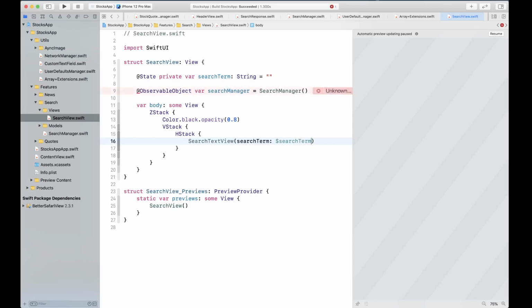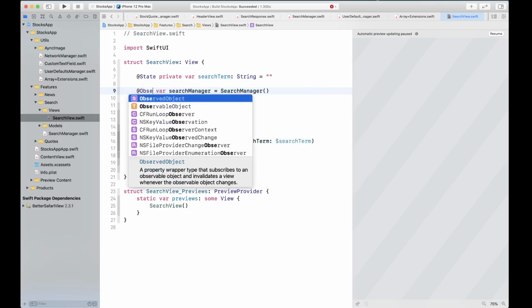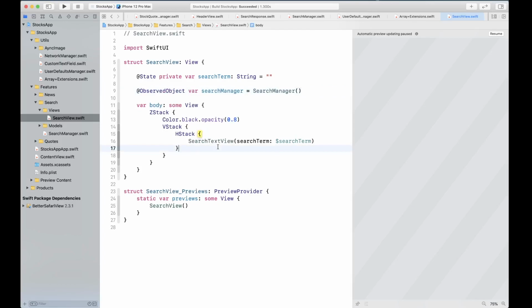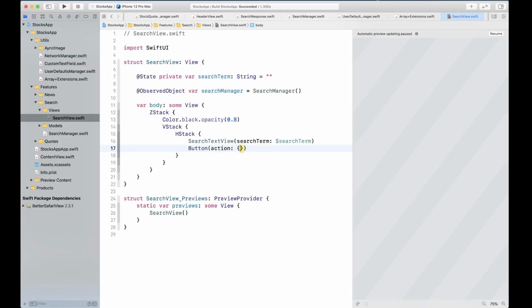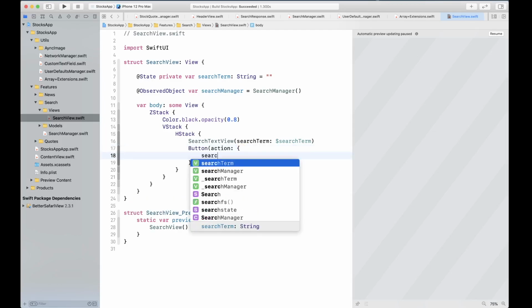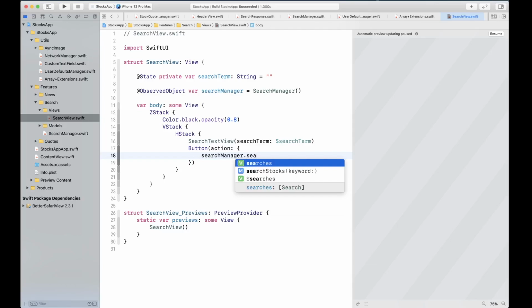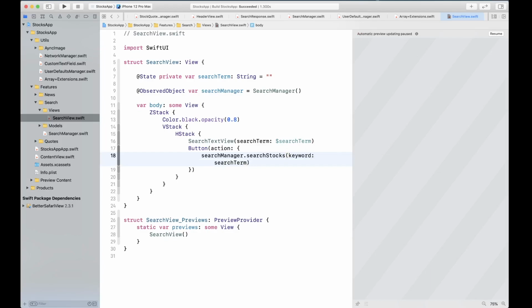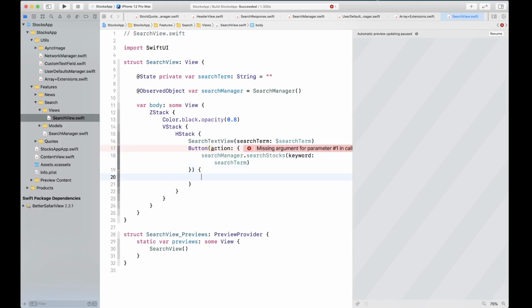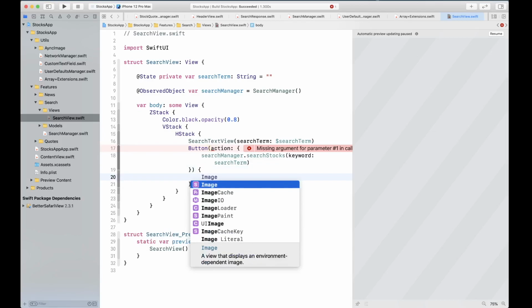This is the same SearchTextView that we have used in the past for our local search. So this is going to be ObservedObject, not ObservableObject. Now next to this SearchTextView, we're going to have a button. This button is going to have an action, and the action is going to be calling searchManager.searchStocks with searchTerm. And it's going to have the label.